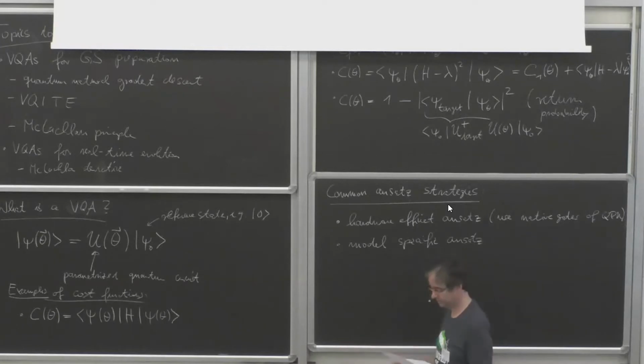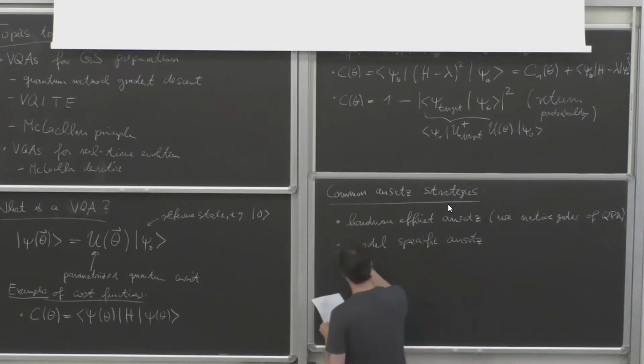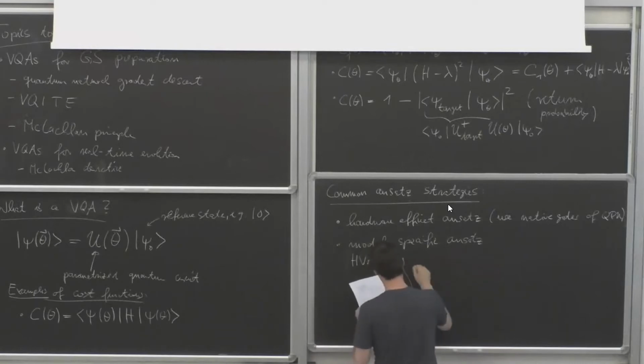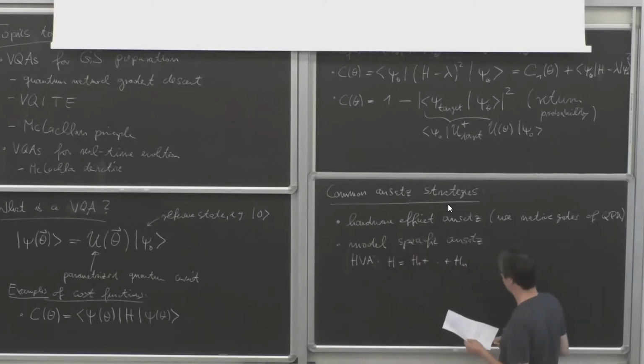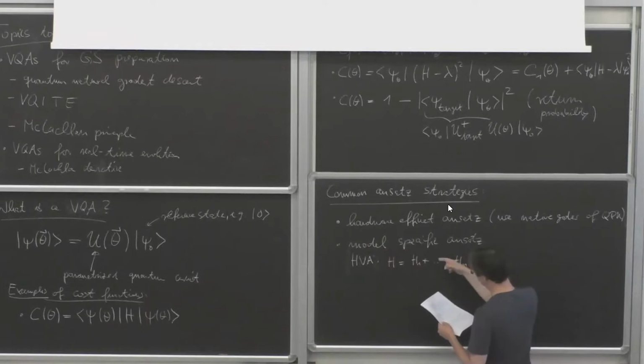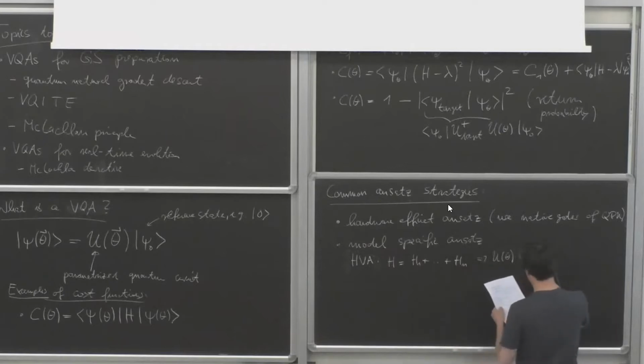So let me abbreviate this, although this is called Hamiltonian Variation ansatz. So if you write the Hamiltonian as a sum of different terms that do not commute with each other, but all the terms in H1 and so on commute among themselves, then you can write down this ansatz as, typically you have